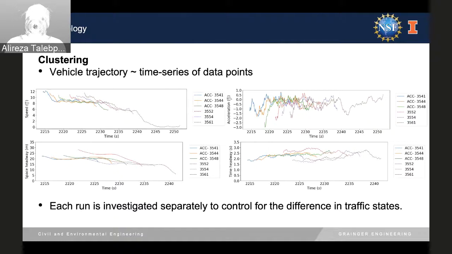This is the plot of the ACC vehicles and the 3 vehicles following them. You can see the behavior is drastically different in some cases, and in some cases not as much. The one all the way 3 vehicles behind has its own trajectory, with nothing to do with the ACC-driven cars. The one right behind them has some similarities, but you can still distinguish that this is not really ACC, and I'll get to that in a minute.